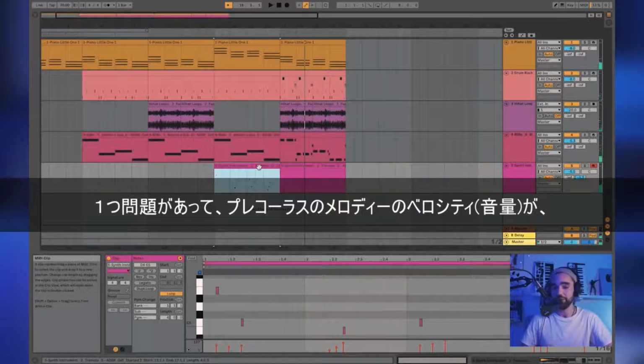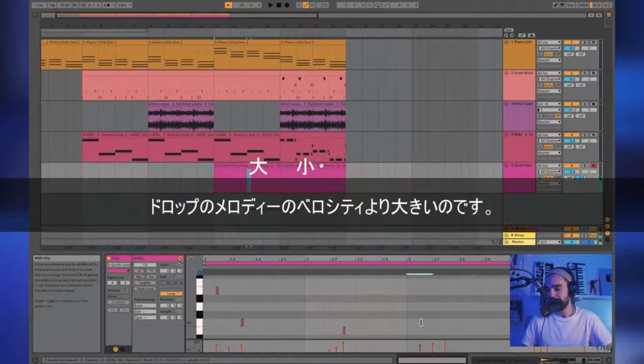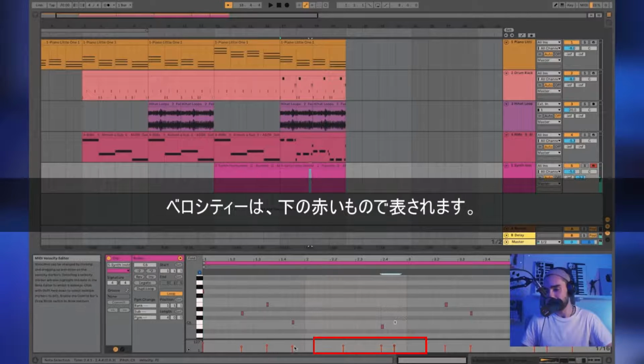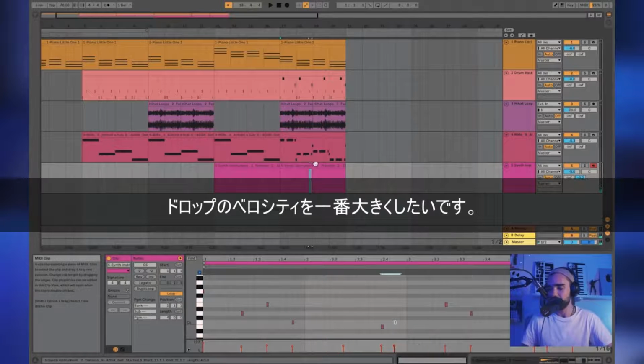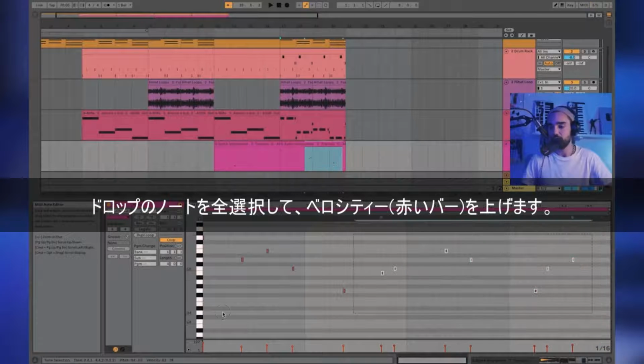One thing I'm noticing about these two melodies is that this initial melody has much higher velocity, meaning these notes are coming out much louder than these notes. That's represented by these little red notes here. And since this section is supposed to be full and kind of the biggest part of the track so far, I'm going to go ahead and select all of these notes and bring the velocities up